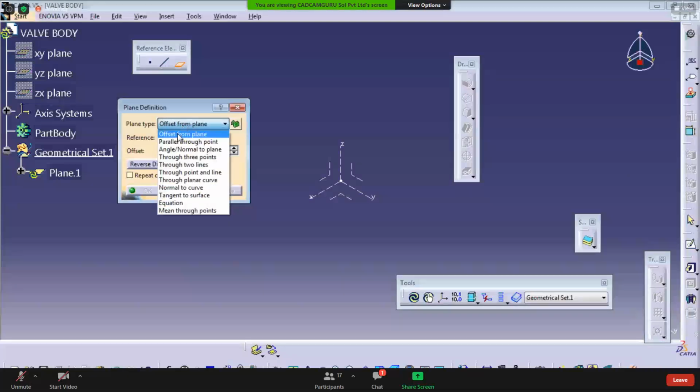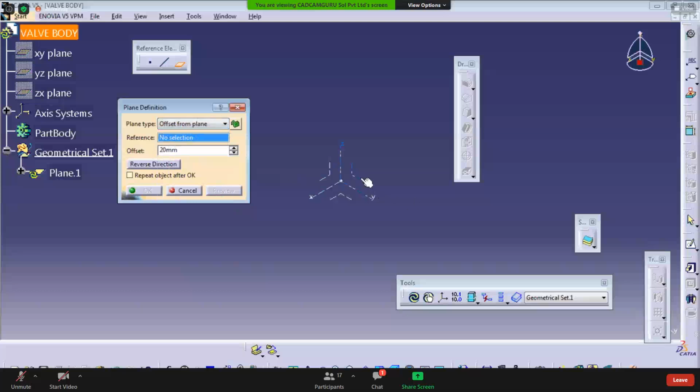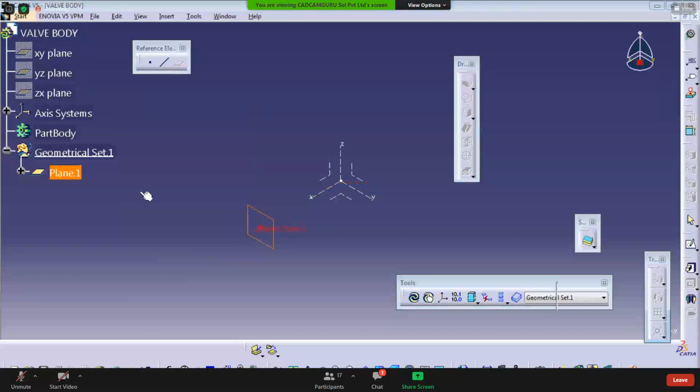So the first option in it is offset plane. Select the plane here. Let's say it is the front plane I want to offset. So just click on it. So at a distance of 60, you want to offset the plane. And if you want to reverse the direction, you can reverse like this, to the opposite side. And if you require multiple planes, use the option of repeat object after OK. Just click on the button. Now one more dialog box will be opened here. If you click on that button,